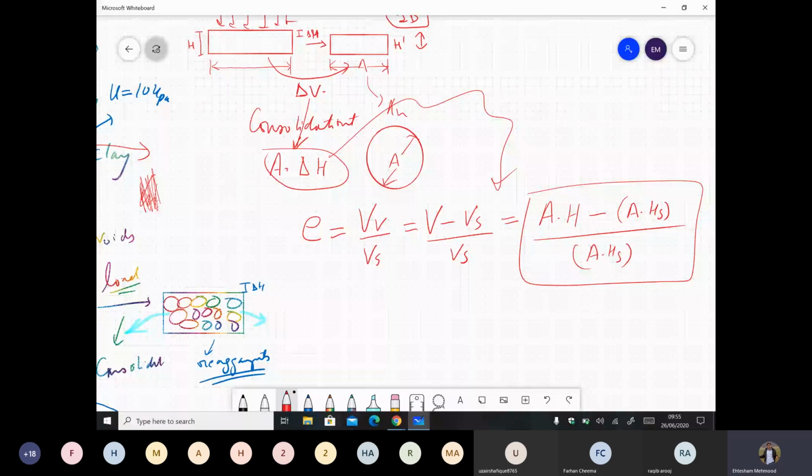If you consider a three-phase diagram, okay, this is the three-phase diagram. As we are dealing with fully saturated soil, we know that we have two phases in the soil, one is the solids and the other is water, right? Can you see this? Yes, sir. We can see. So this is the three-phase diagram.